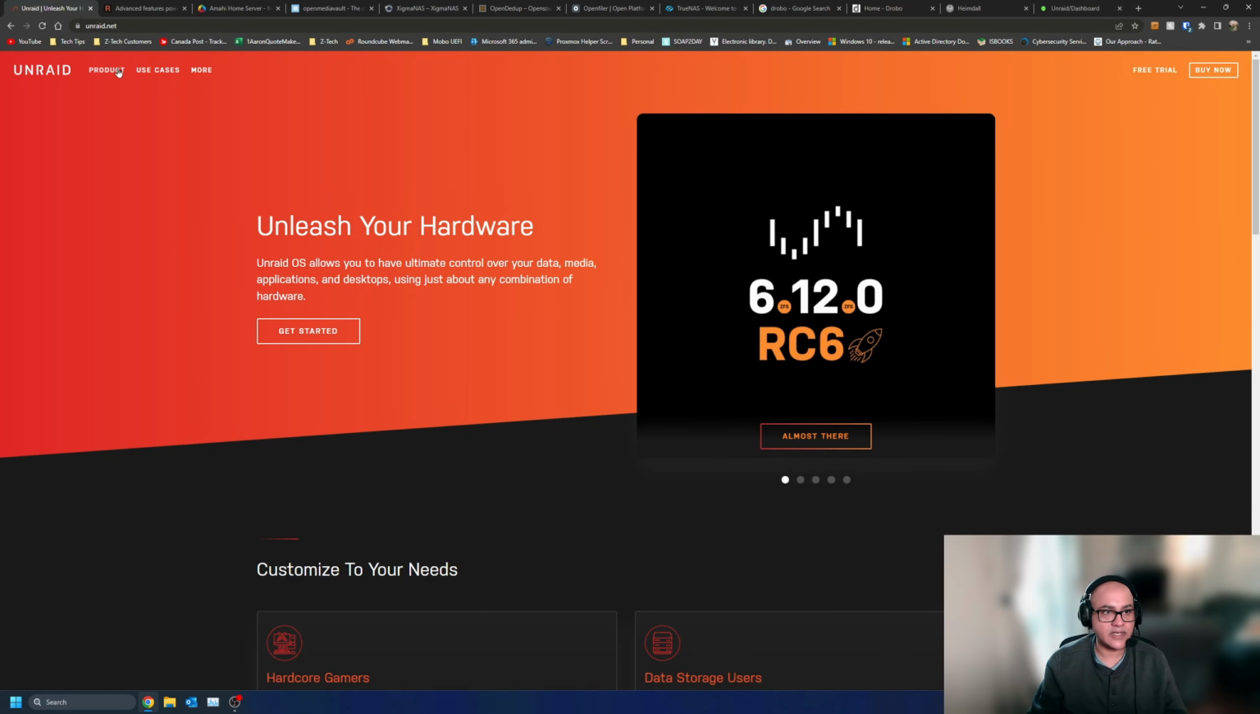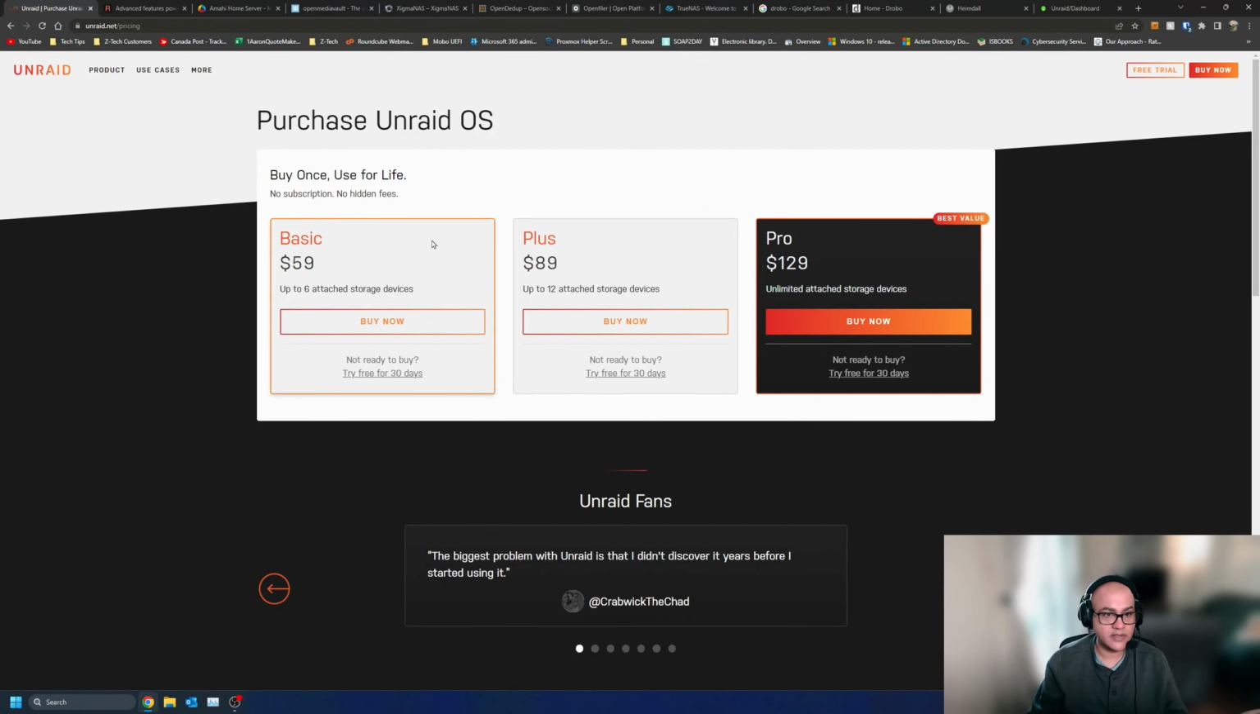Let's look at the pricing for Unraid. There we go. So, you pay $60 for 6 storage devices, $89 for 12, and $129 for unlimited. So you do get a 30-day trial. You can basically get any one of these, try it free for 30 days, and then you have to purchase. That's the good thing, while it sucks that you do have to pay money,